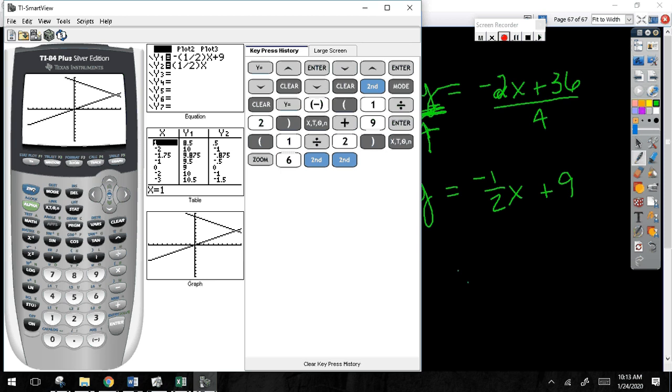Thank you. I'm going to do second and trace so that I pull up the calculate feature, okay? When I hit that, oops, it had already timed out on me. Look at my options here. I can calculate a value, a zero, a minimum, a maximum. We're going to use all of these before the end of the semester. This is great. What do you think I might use for this one? Intersect. I want to know where the two lines cross. So if you choose option number 5,